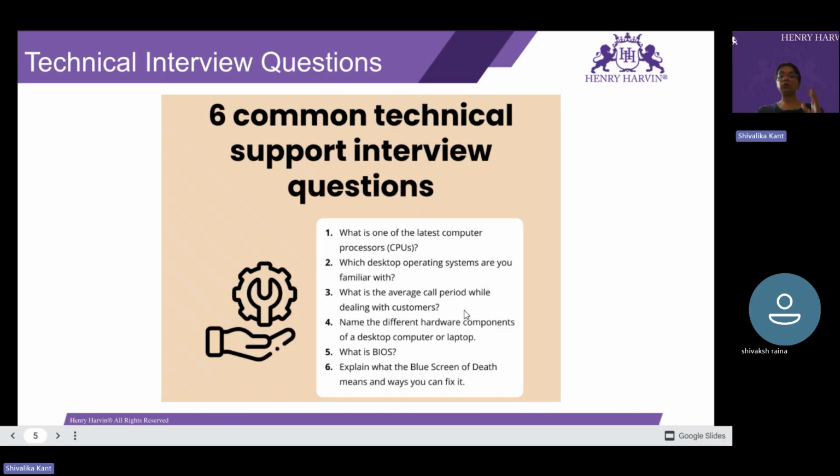Once you are done with your activity round, you will be called for a face-to-face round, where a one-on-one interview or maybe a panel interview might be there, and they will ask you questions like this. So you have to be ready for both types of rounds. There can be multiple problem solving or written tests, and as well you will be going for the one-on-one.